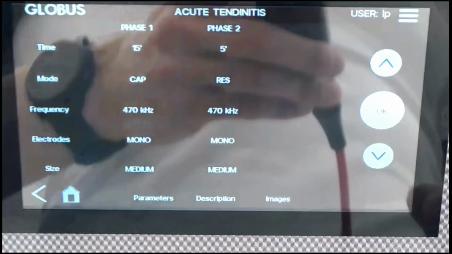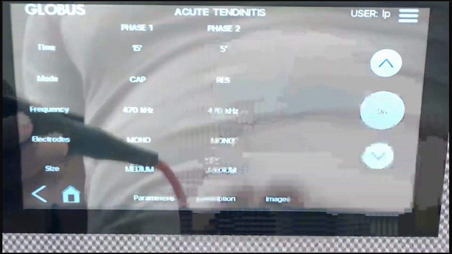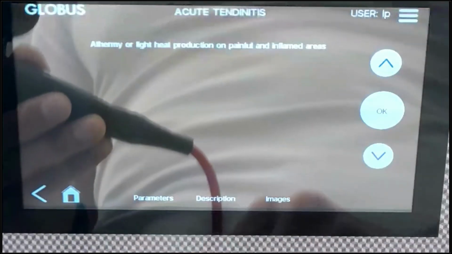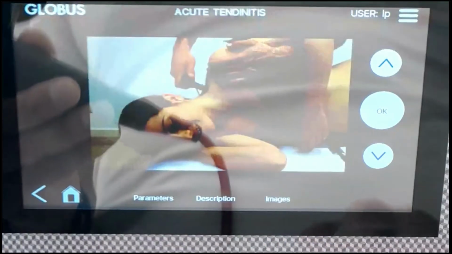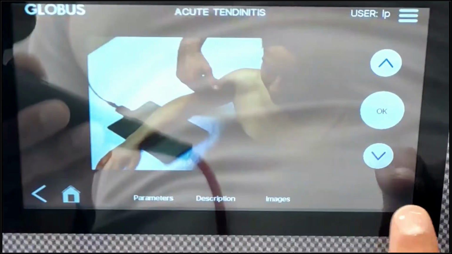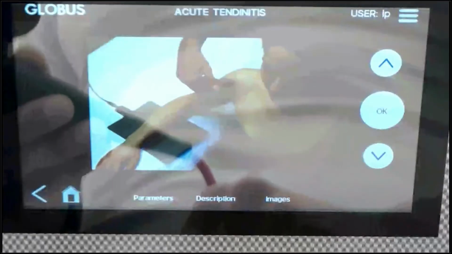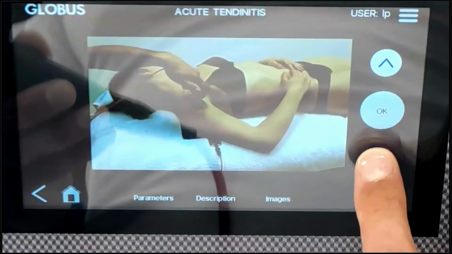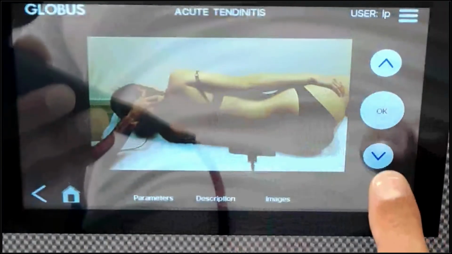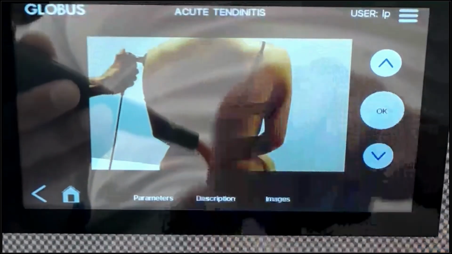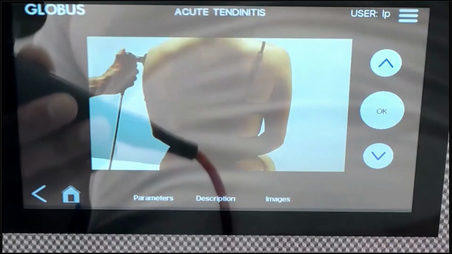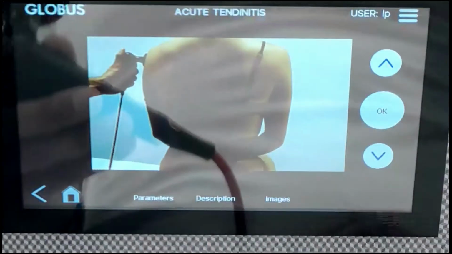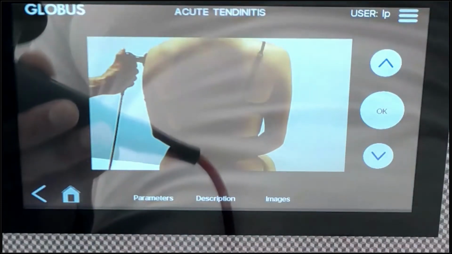Capacitive and resistive phase. If I tap on the first one, I get a description of what I should do, what I could do, and also some images of the positioning of the plate. As you can see, in this case, it's under the forearm, under the scapula, under the lateral part of the back, or as we did right now on the posterior part of the trunk, could be here in the middle of the scapula, for example.